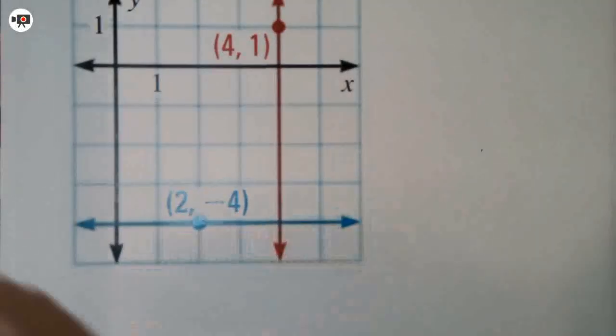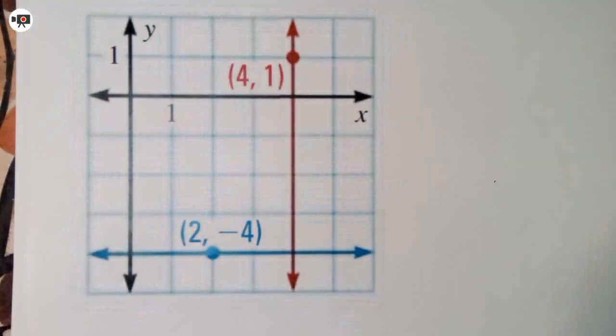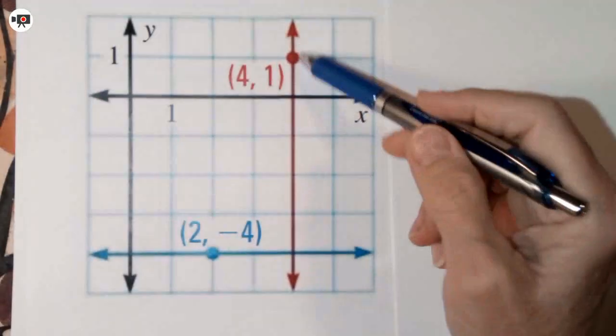Okay, next up, let's talk a little bit about these lines that just don't fit any of that. We had that on one of the ones we did before. Let's look at what this looks like, okay? The vertical lines and the horizontal lines just don't fit very good. There's a couple of different ways to think about it. The way I generally think about it is I'll look at it and say on this red line,